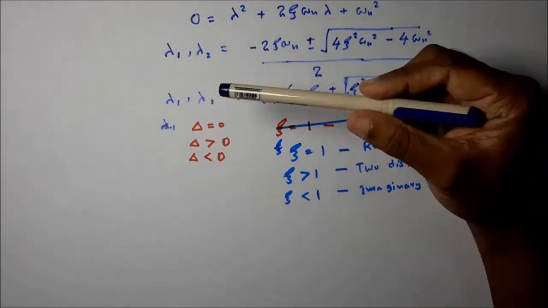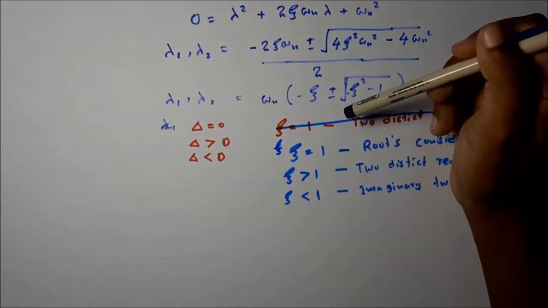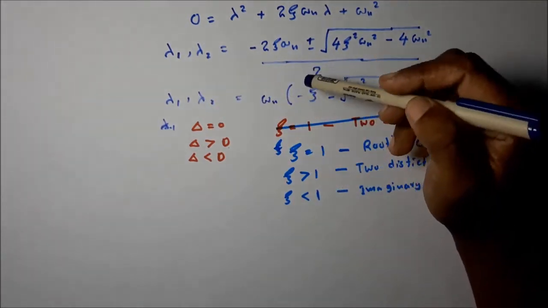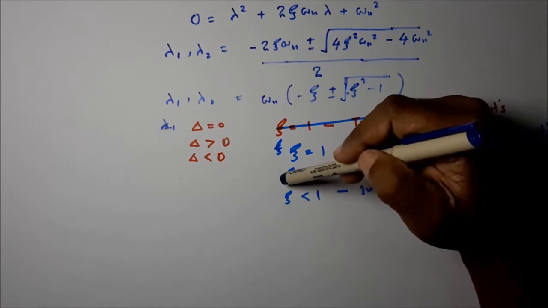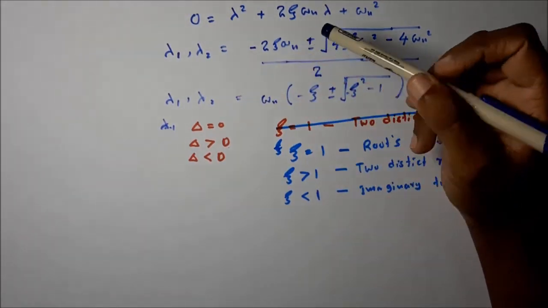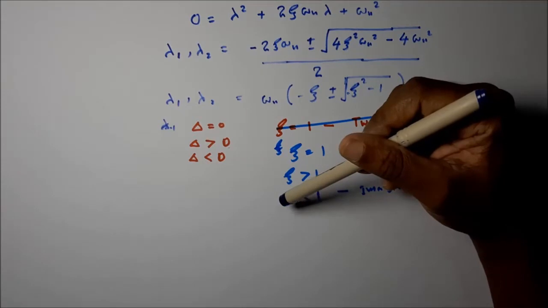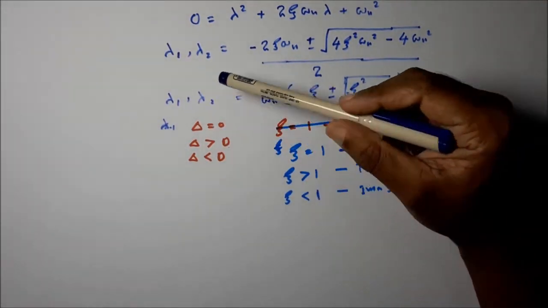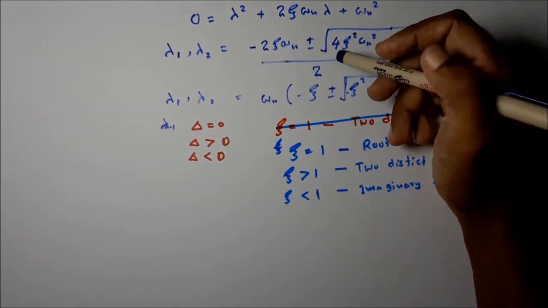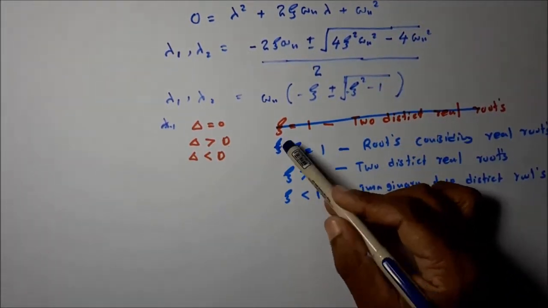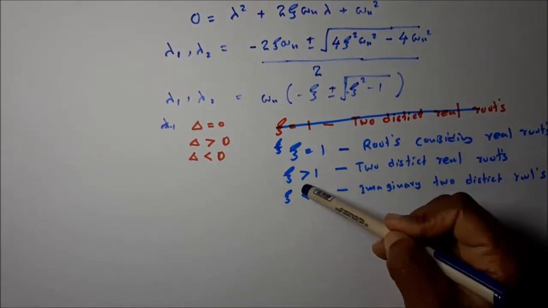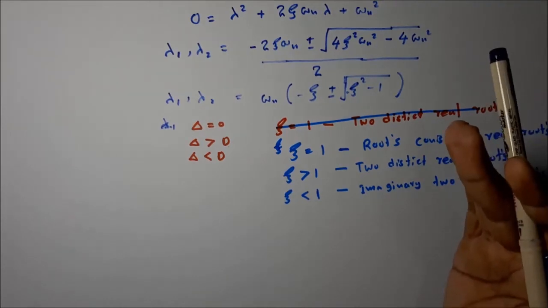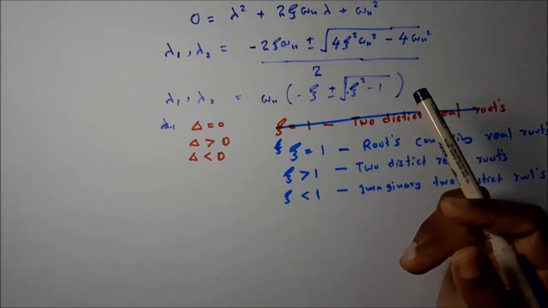Okay, for theta equal to 1, we are having the roots coinciding. For the lambda, lambda 1 is equal to lambda 2, only one real root. Then if theta, the damping ratio, is greater than 1, we are having two distinct real roots. Then theta less than 1, we are having imaginary roots for lambda 1 and lambda 2. You can see the three different situations depending on the theta value. Depending on the theta value, we have to consider three different situations for our solution for the differential equation.